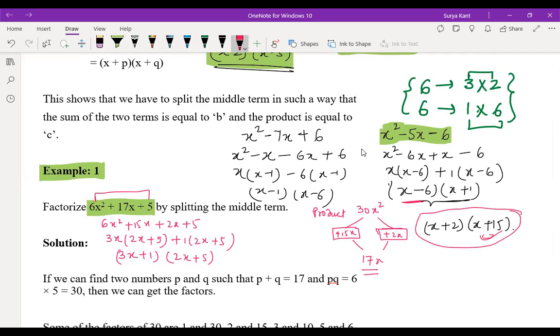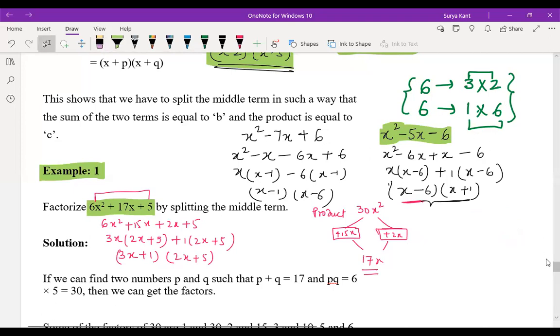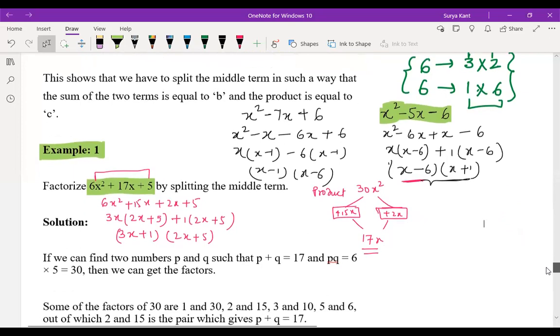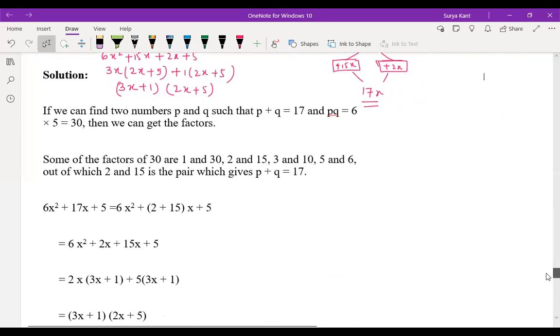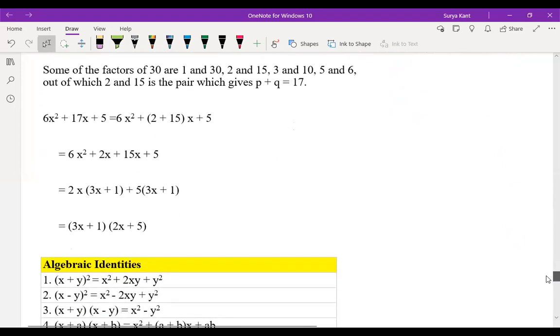I know how you did, you went for a shortcut. 15 and 2 you are getting, that's what you told, right? X plus 2, x plus 15, correct? Yes, sir, I understood. See, Sriyanvi, if there is an x square coefficient, you should see it. That's why that answer will be different. So going the long method while learning, try to do by the complete method. Later on, you can try shortcuts. Actually, this was in 8th class, sir, factorization, algebra. So here we got the same answer: 2x plus 5 and 3x plus 1.